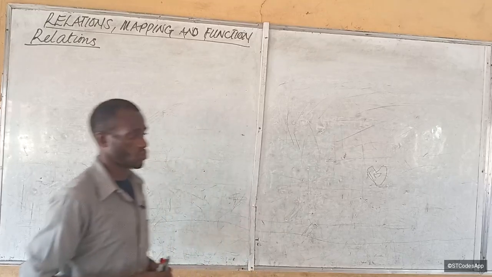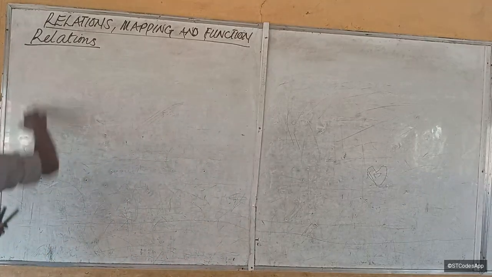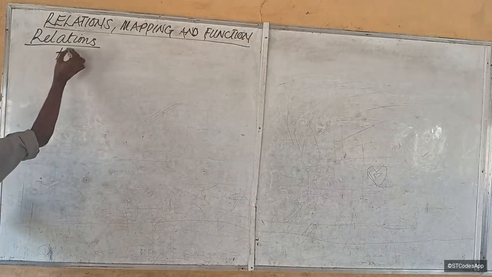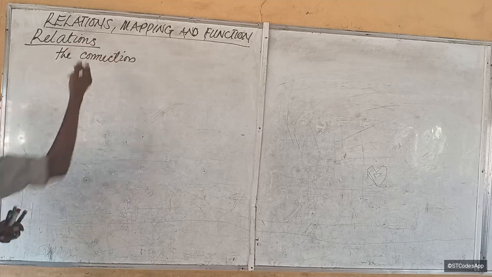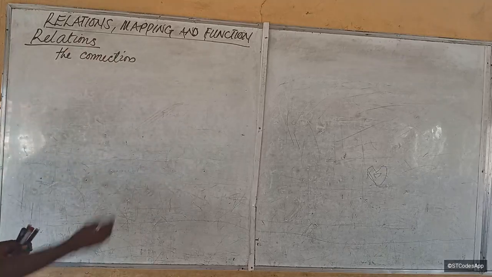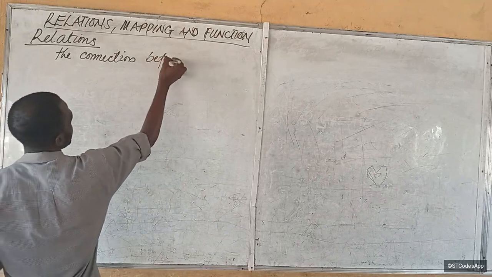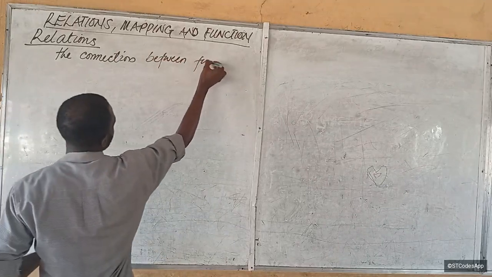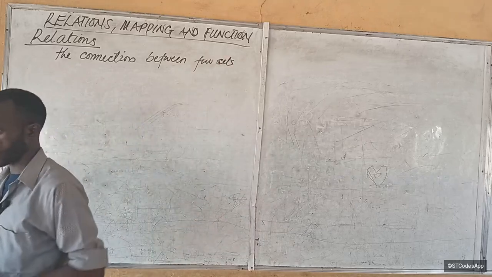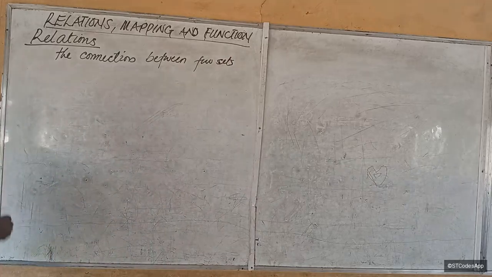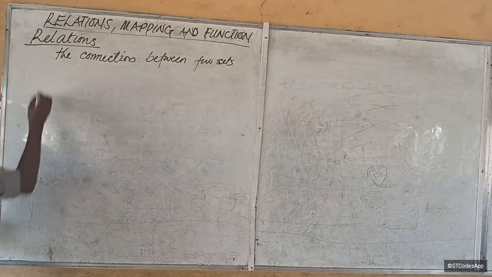Exactly. Okay, so relations simply means the connection. Think of it as relationship. Is that okay? The connection between two sets. Usually we use two sets. Is that okay? So the connection between two sets. For example, we can have a